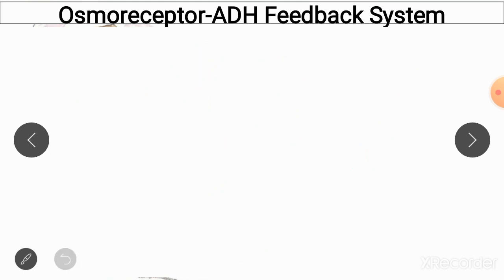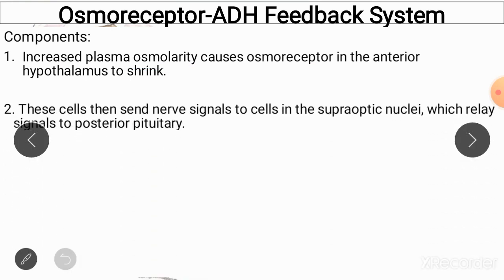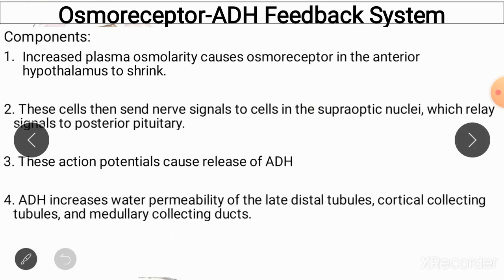So let's repeat this. What I told you right now is that when there is increased plasma osmolarity, the osmoreceptors which are present in the hypothalamus shrink in size and send signals to the supraoptic nucleus, which is also present in the hypothalamus, and this supraoptic nucleus is going to produce ADH in large quantities and transport it to the posterior pituitary, and this ADH is now going to be released from the posterior pituitary and enter the blood, and it is going to reach the nephrons and act on the distal parts of the nephron, especially the late distal convoluted tubule, the cortical collecting tubules and the medullary collecting ducts,